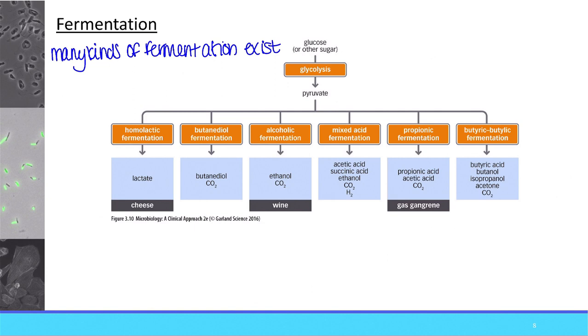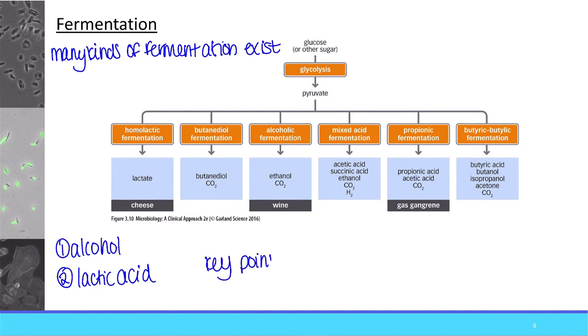But today we're going to talk about two types of fermentation: alcohol fermentation and lactic acid fermentation. There's going to be a key point that we will see as we go through these two types of fermentation, and that is that fermentation as a whole